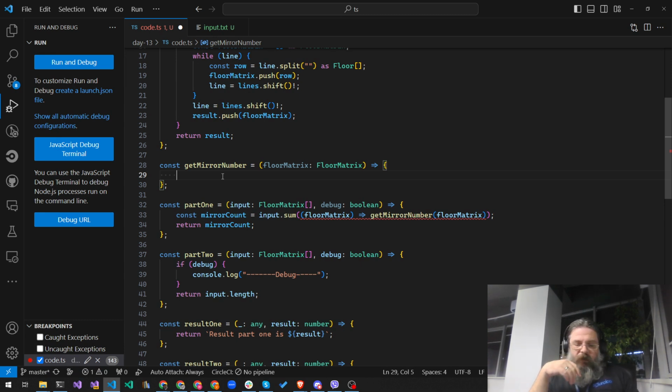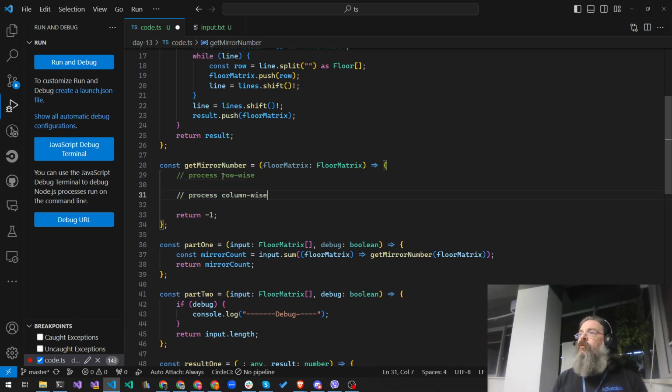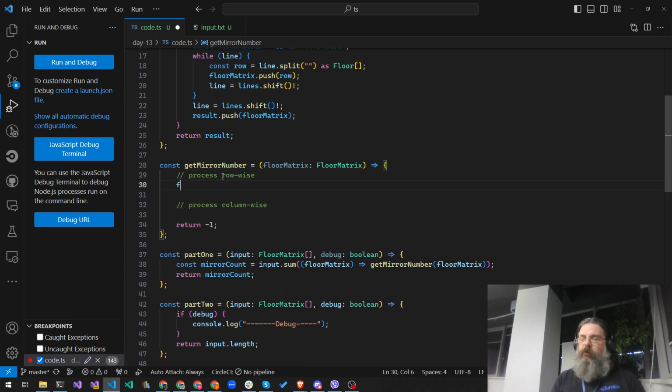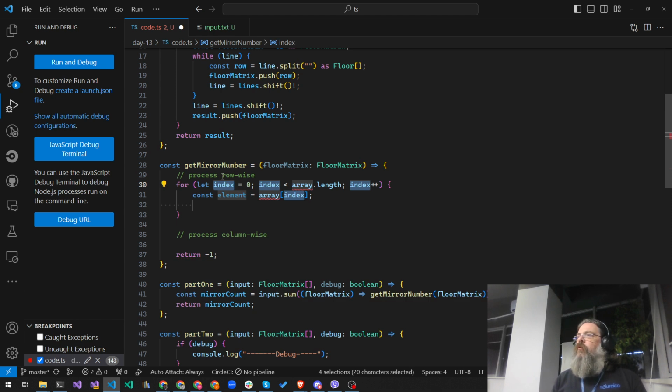So now we will need to do 2 things here. We will need to process row-wise, and then if that doesn't work, process column-wise. How do we process row-wise? So for each of that